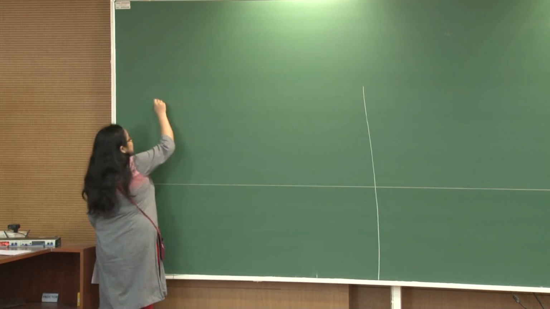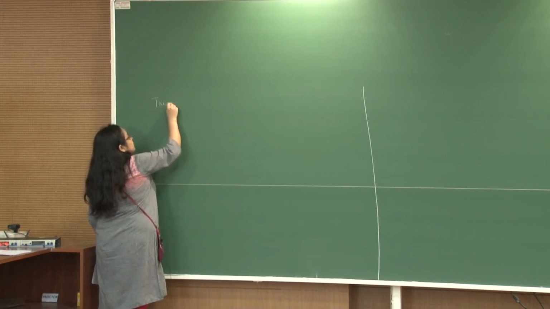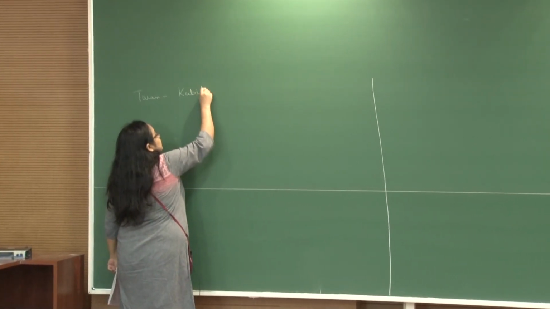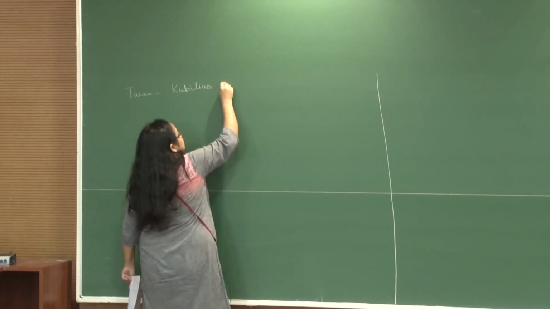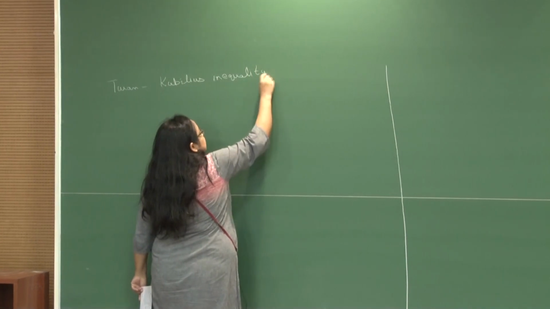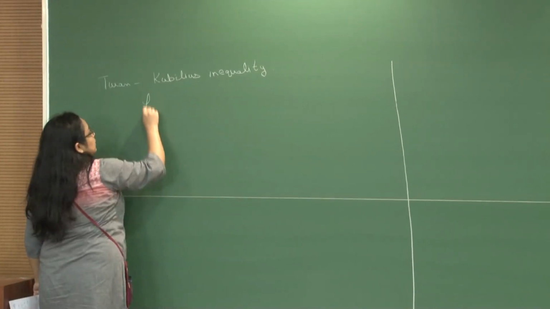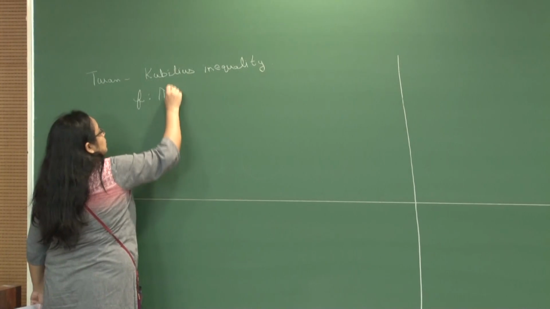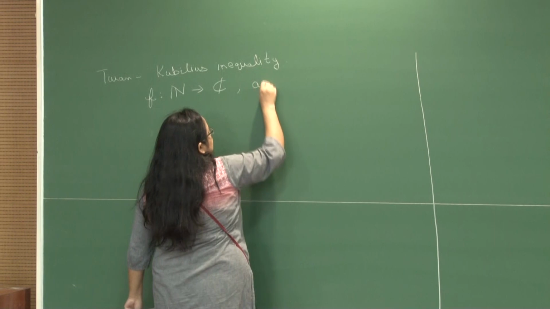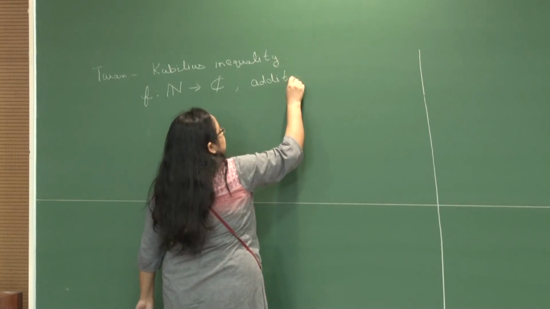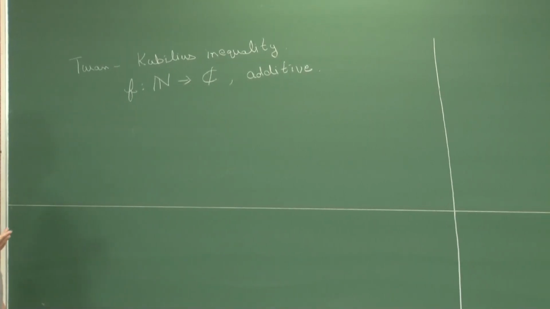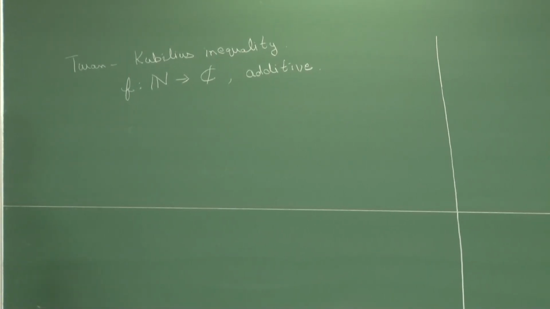Okay, so last time we learned the Turan-Kubilius inequality, and now they're corresponding to an additive arithmetic function, there are certain quantities that we learned which are related to the average order as well as normal order of